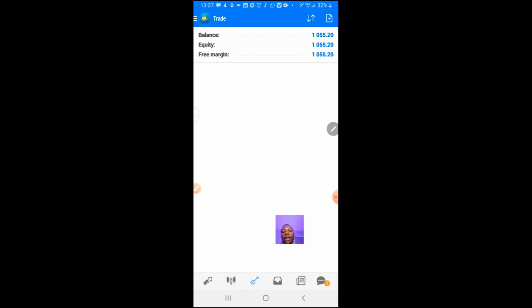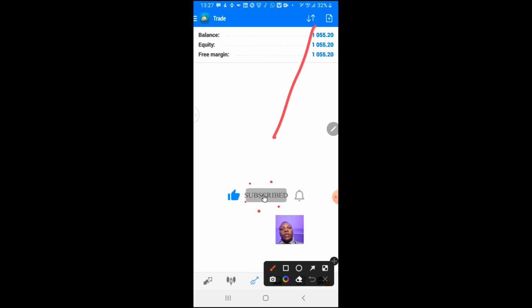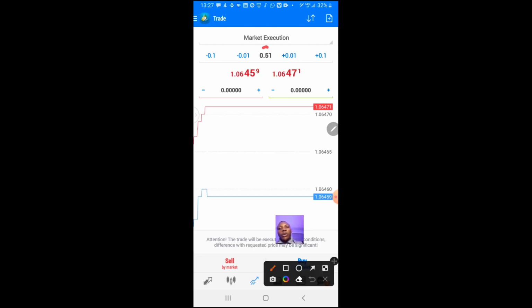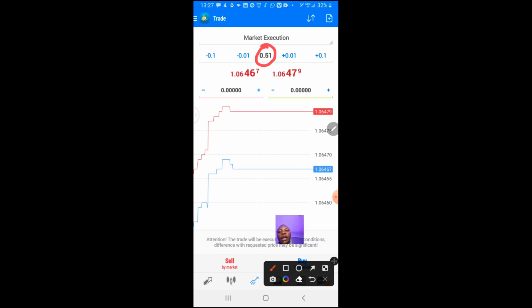So here I explain the functions of placing a trade. The plus sign you see up here, that is the trades function. So you tap on it. Now the next thing you are going to be selecting is your lot sizing. I'll make a video about risk management and also explaining lot sizing, and in that video I explained the different lot sizings that we have. I talked about micro, mini, and standard. So micro is